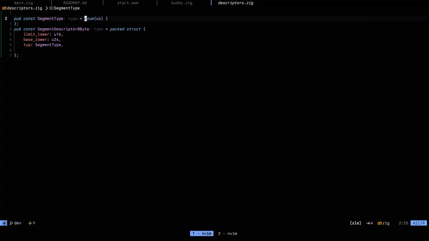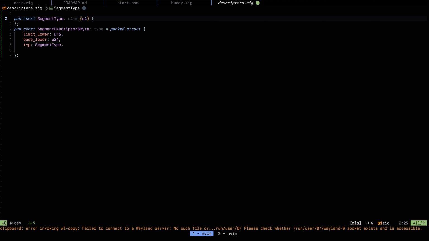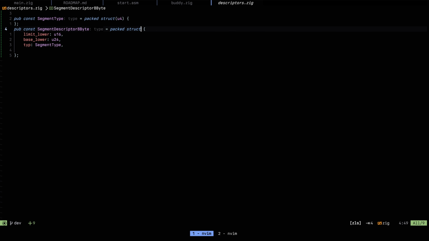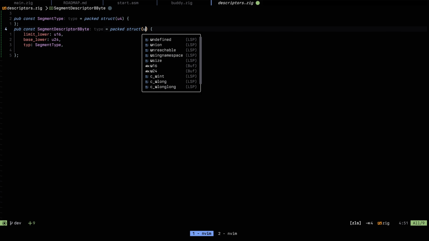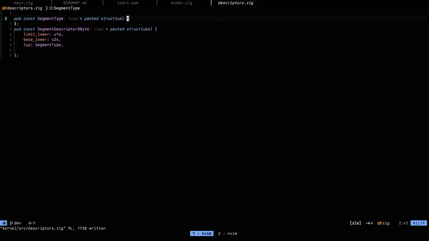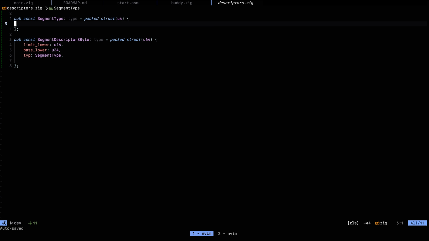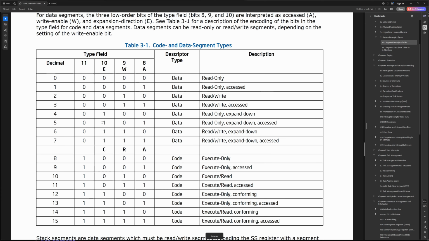Actually, I don't really want this to be an enum. I want this to be a backstruct. And I forgot to put this here. This should be a U64. So this backstruct here would have every single field given here, and those fields would be